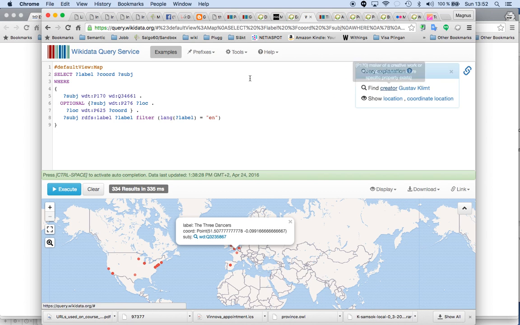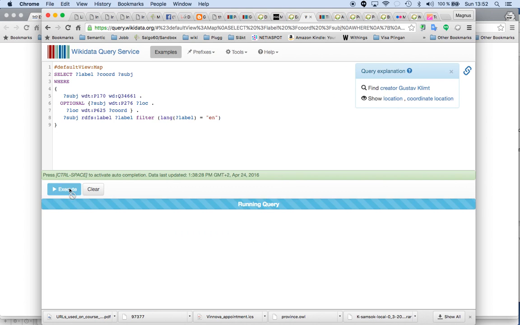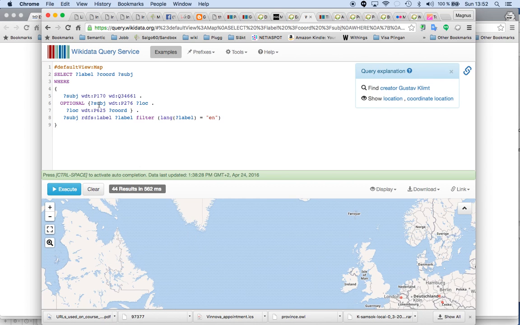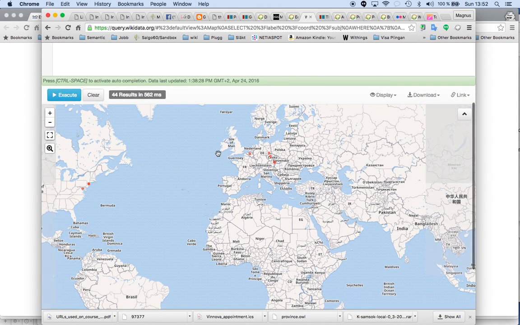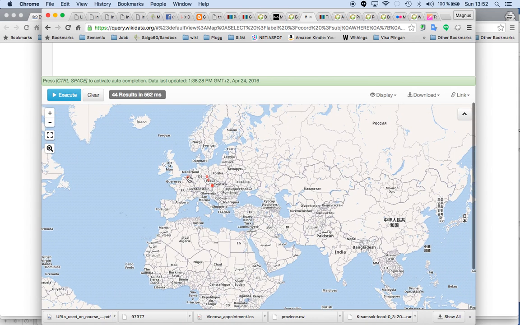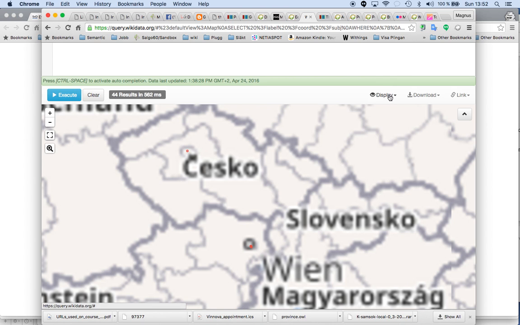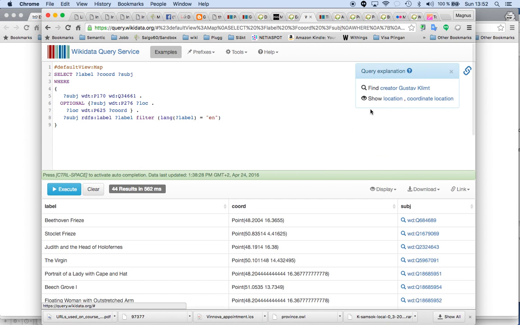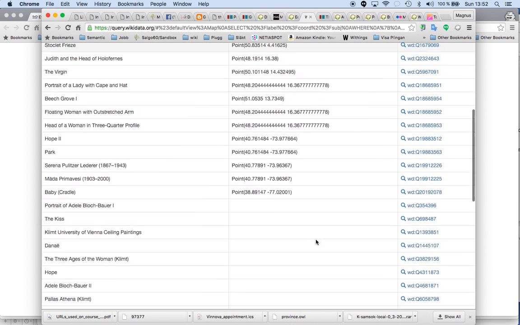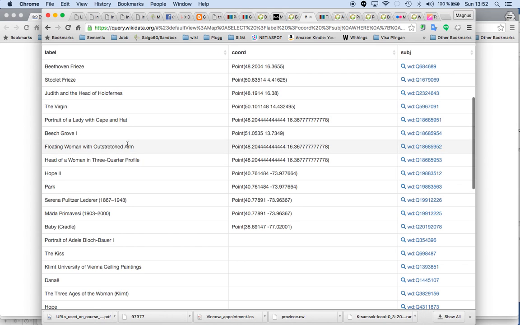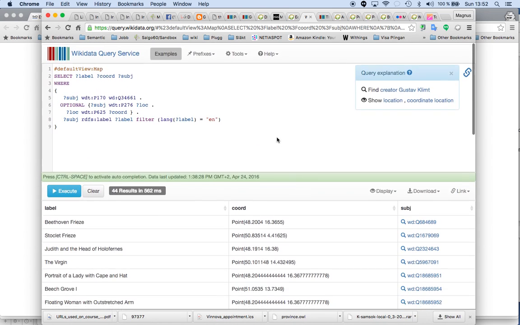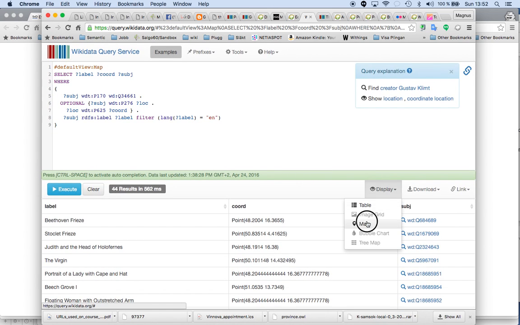It says it's the creator. Now the question is, he has something in there? 44 results, yes. So then we get Gustav Klimt, the places, and if we do like table, then we should get the location of those. So they have the coordinates on Portrait of a Lady with a Cap, Beech Grove, and so on. And if we display it as a map,